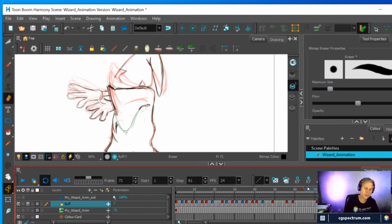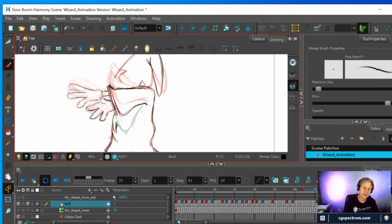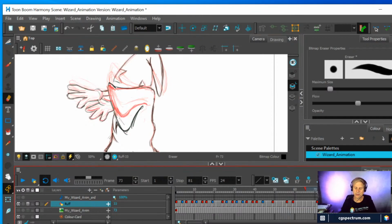But yes, there's just a whole wealth of stuff out there, and don't let it hold you back. Speaking of which, you should always have a library of reference materials. You should be compiling that even as we speak. Every time you find something cool online, you should be forming a folder so that you can always refer back to it and go, okay, well, here are a bunch of drawings of people, different sizes, different shapes. Here are a bunch of different animals. Again, different sizes, different shapes, different species. Cats, dogs, anything you can get your hands on,